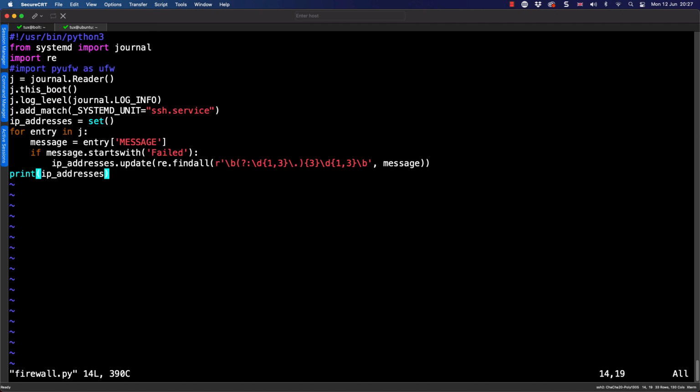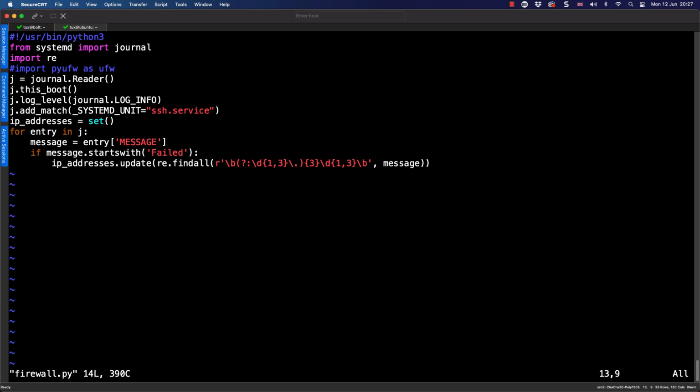and we can look at modifying the script, but there's not much work left to do now. We can look at our print IP addresses. Well, we don't need to print out our set anymore. So that last line we can get rid of. So let's go through and delete that last line. I'm just going to use uppercase A to move to the end of my current line where we're running our regular expression. But that's just going to make sure that I've got the correct indentation levels.